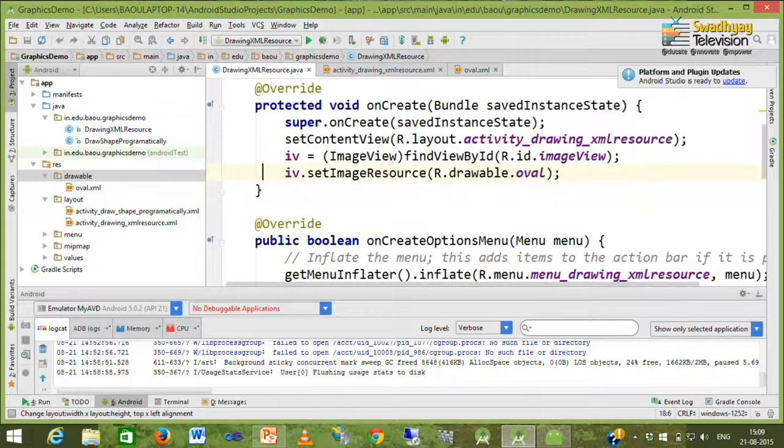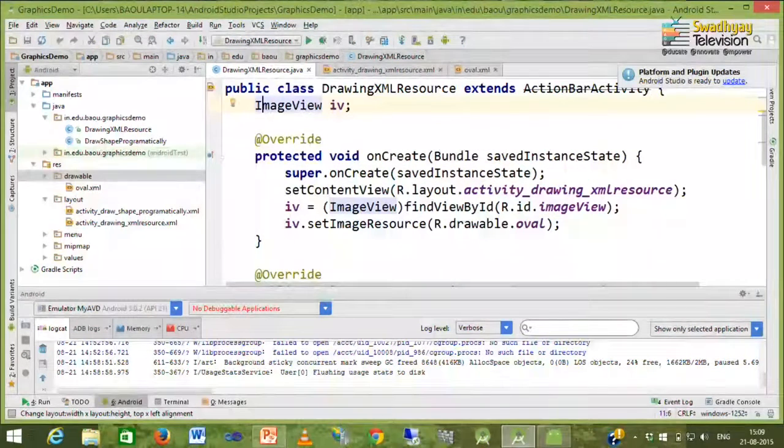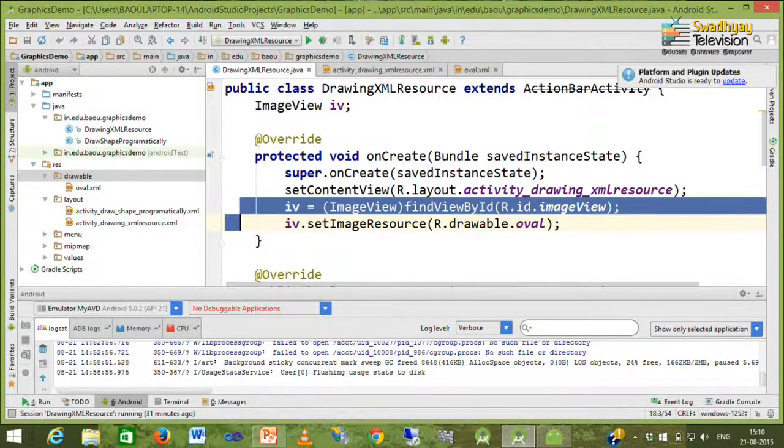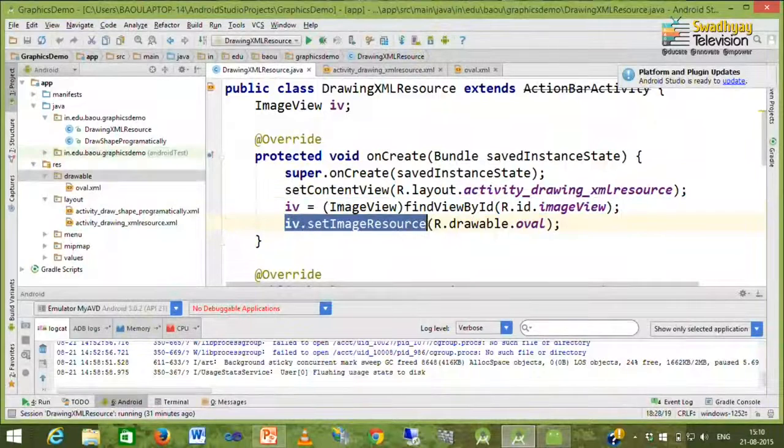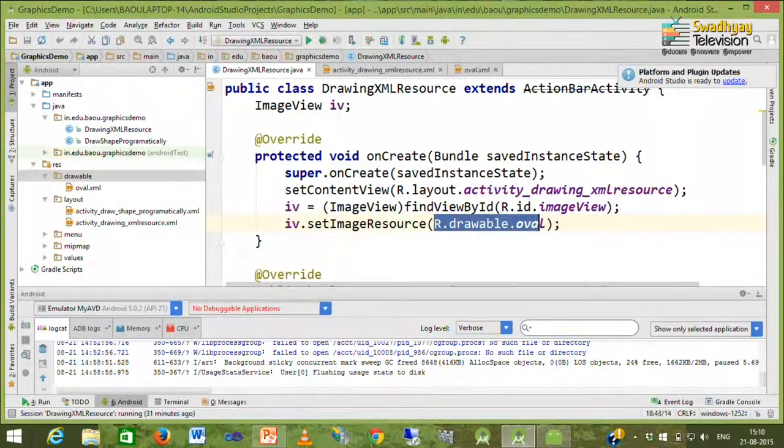Here on top we define one object of type ImageView, and here we get a reference of the image view, and we can set this XML resource inside the image view by calling the method setImageResource. I specify this file oval.xml.